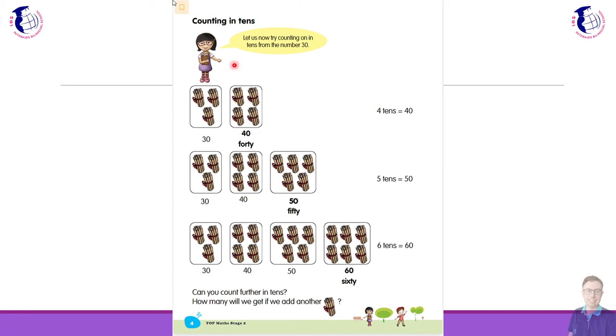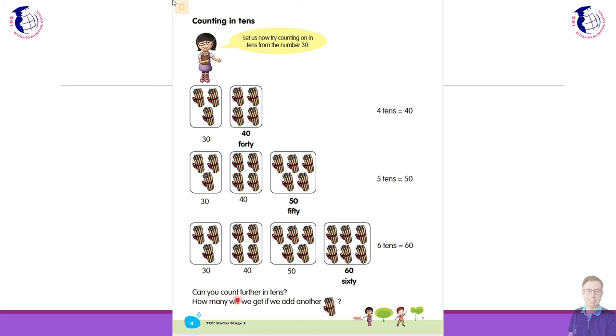Counting in tens. So we're going a bit higher with the numbers now, but we're not counting in ones anymore. We're counting in tens. So simply we go 30, 40. Although take note of the spelling of 40. The number 4, F-O-U-R, when it changes to 40, we take away the U. So it becomes 40 like this. Then 50, 60,